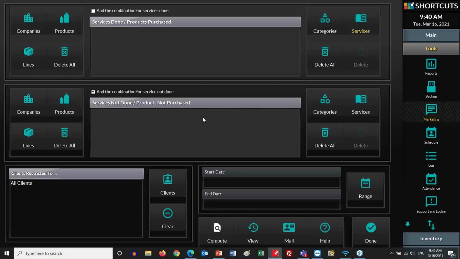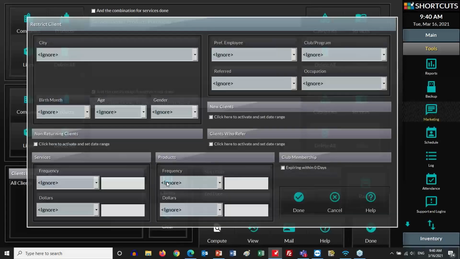For Taylor's question, I'm going to go to the Clients button on the bottom left corner because I'm going to restrict it to certain clients. From the Clients window, Shortcuts does take a moment to generate this because it's generating all of your customer options. So these are your demographics. So these would be things like, I'm going to send a message to customers that are brand new from a certain date range. Or I'm going to send a message to customers that have visited me more than X amount